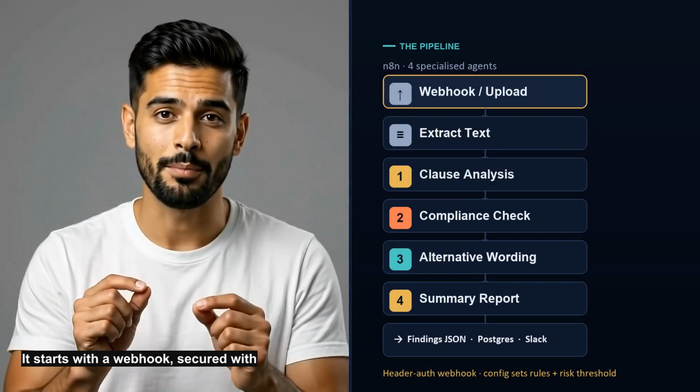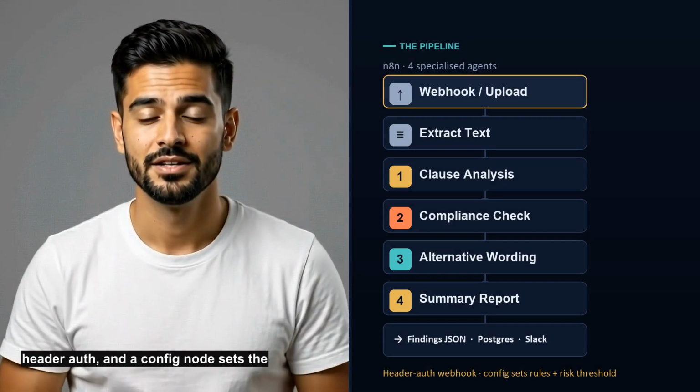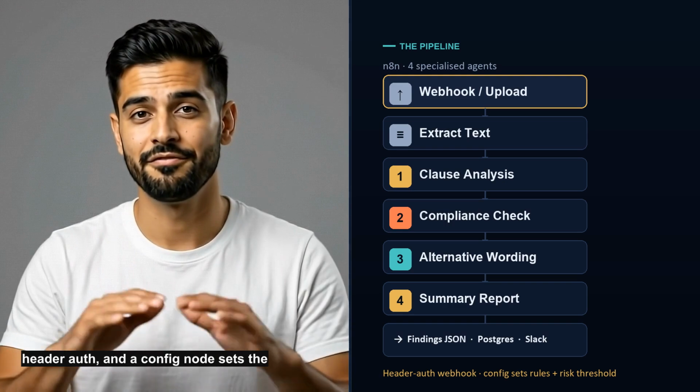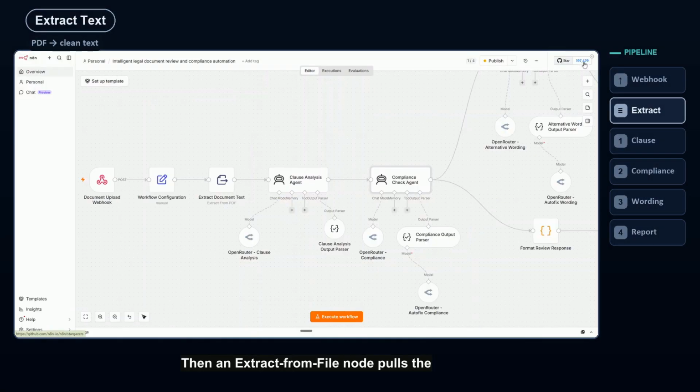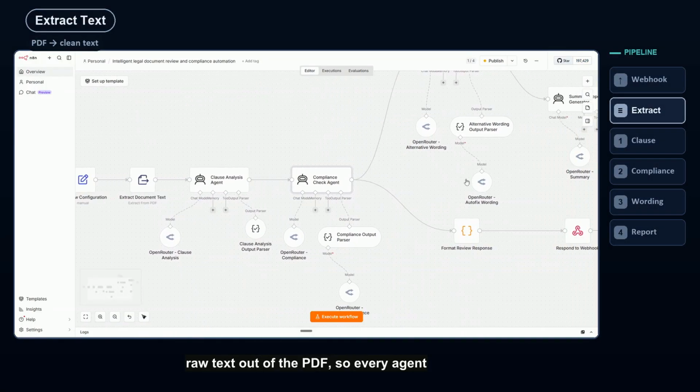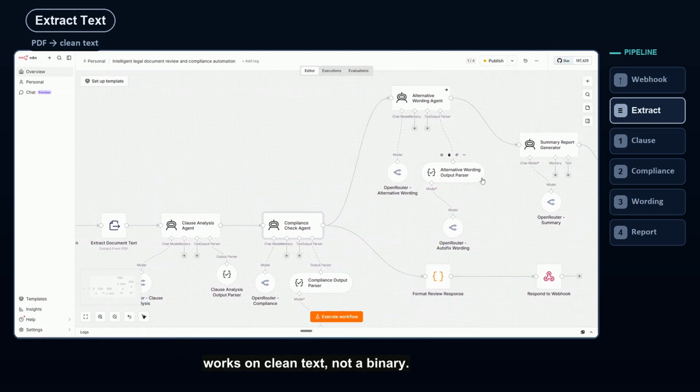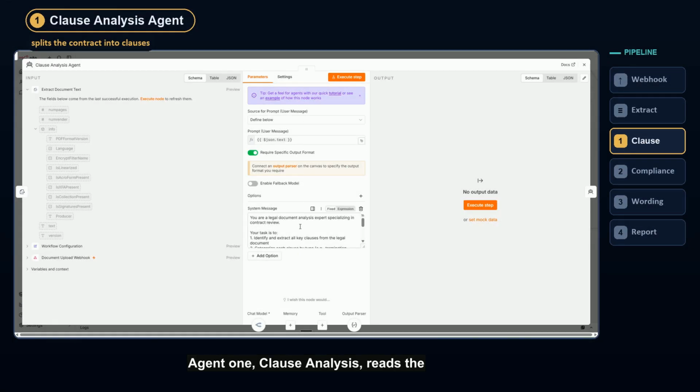It starts with a webhook, the document is posted in, secured with header auth, and a config node sets the compliance rules and the risk threshold. Then, an extract from file node pulls the raw text out of the PDF, so every agent works on clean text, not a binary. Agent 1, clause analysis, reads the contract and breaks it into individual categorized clauses: termination, liability,